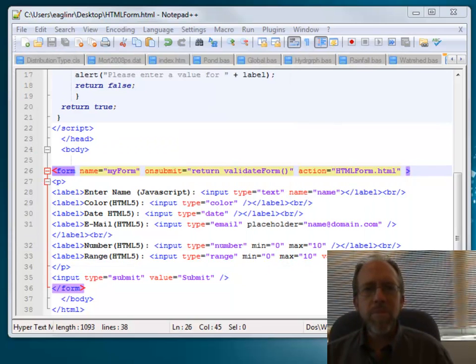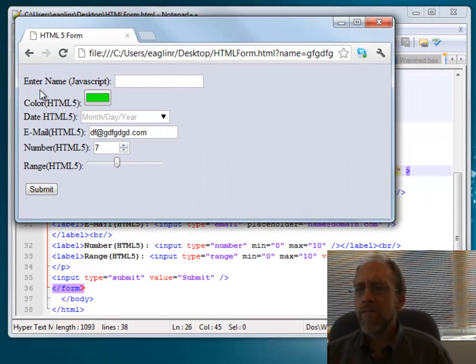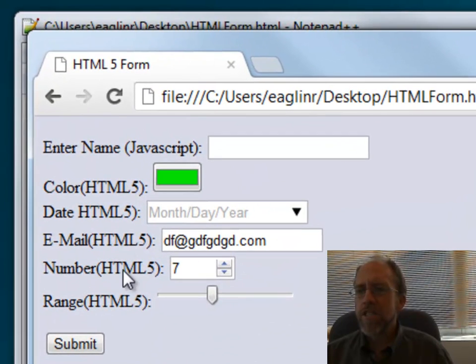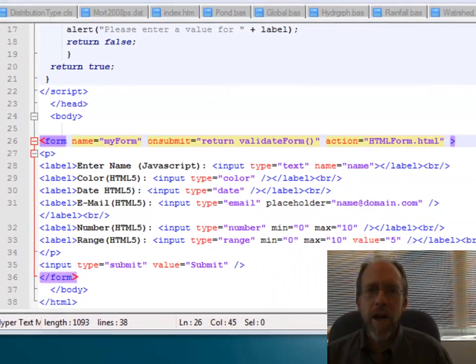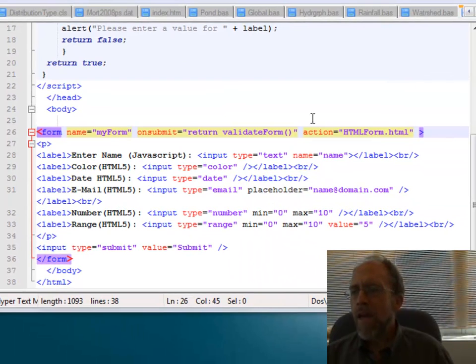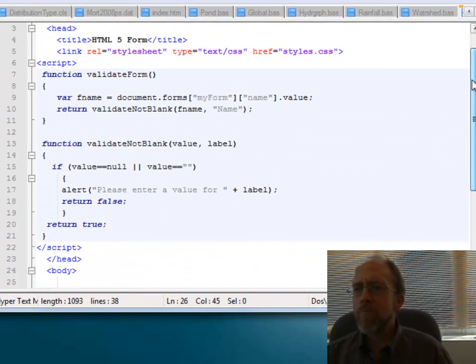So let's look a little bit about what I'm going to do here. In this form, I put in parentheses the different types of validation that I used for validating the individual fields. The first field, called enter name, will be validated using JavaScript. The other fields I'm going to have validated using HTML5, and I'll show you how to do that. So going back over to my HTML page,